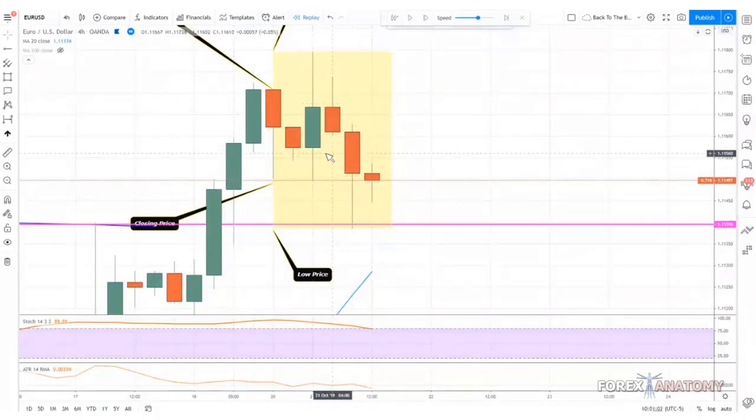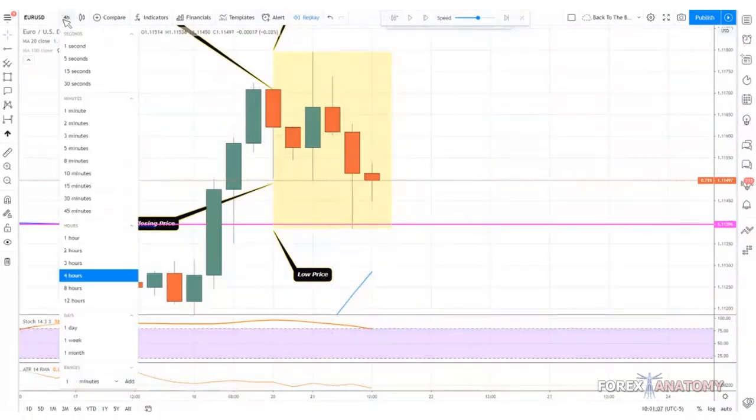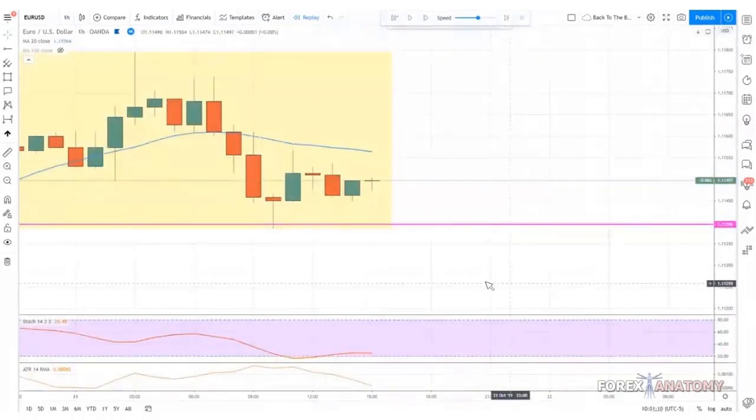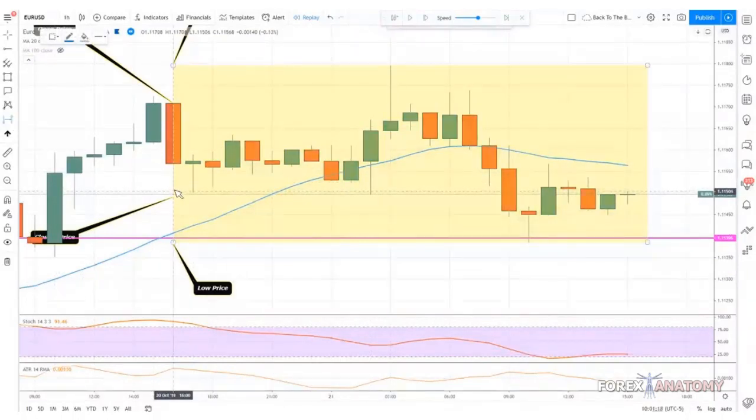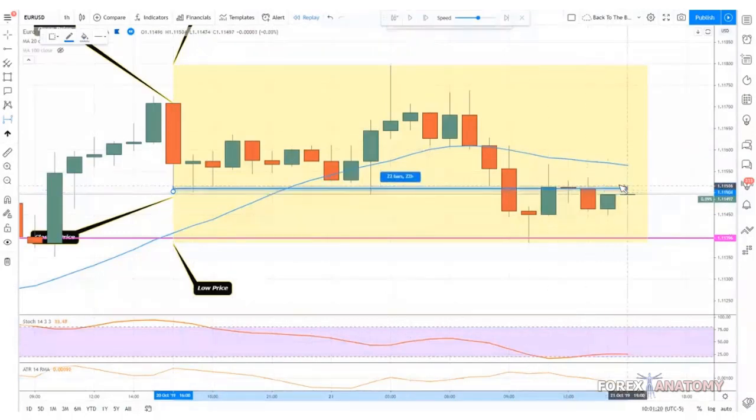Now, if we drop down to the 1 hour chart, we should see 24 candles. So let's do that right now. I'm going to drop down to the 1 hour. And on the 1 hour, we see 24 candles. If we were to count from this candle right here and move this all the way down to here, we get 23 bars, 23 hours, because this is the 23rd hour candlestick. Once this candle closes, we get a full 24 hours. But you see here that in a nutshell, it's pretty much 24 hours or 24 candles. So then each candle represents 1 hour.